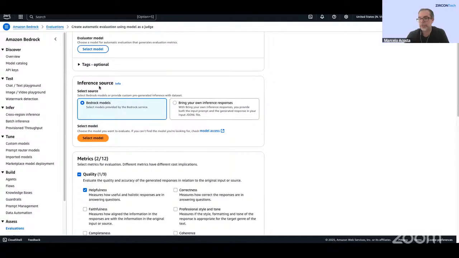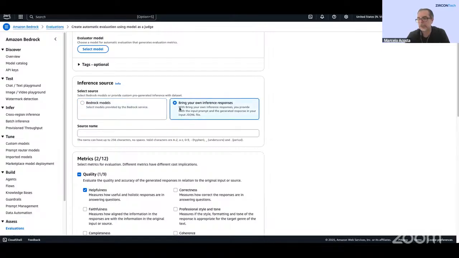Here you choose the inference source. Here you have 2 options. With bring your own inference responses, you can upload information that you exported from your application or any other model. And for Bedrock models, you can evaluate models that are inside Bedrock. For the demo, we can use this bring your own inference response. You put a name,